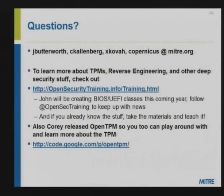So if anyone here has any questions, you can either ask now, or this is my email address as well as my colleagues' email addresses, specifically for the Copernicus tool. If you have any inquiries about that, you can send an email to that one specifically. We all check that. If anyone here wants to learn more about TPMs, reverse engineering, x86 architecture, really low-level firmware stuff,